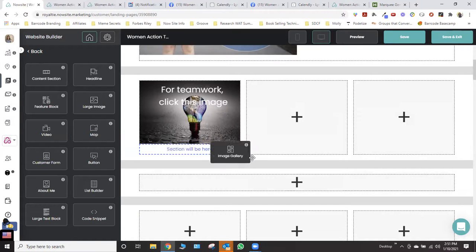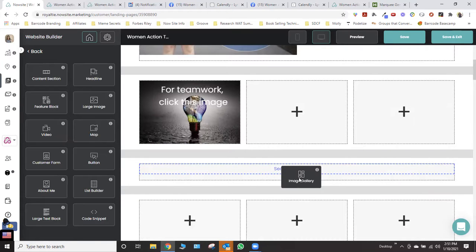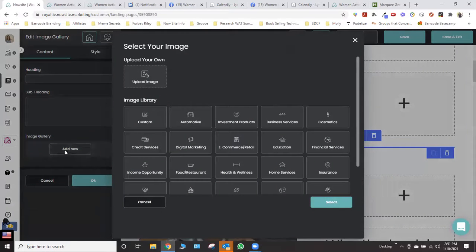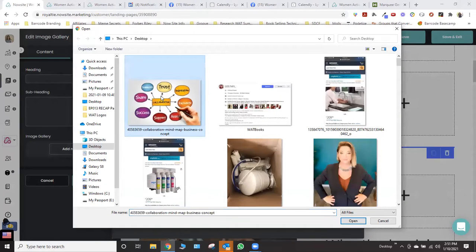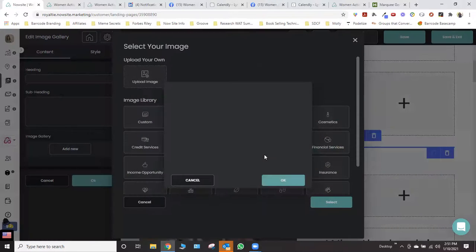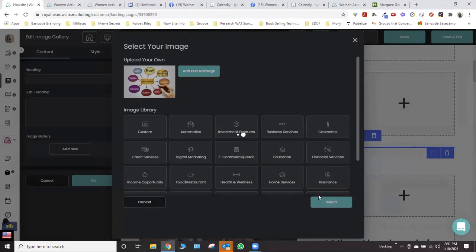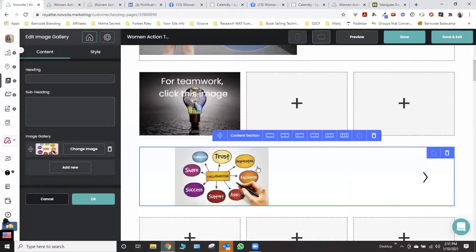this one I'm just going to use an image gallery. And I'm going to drop it inside of this. And again, we're working on this middle section. I'm going to go to the image gallery, go back up, and select this image that we have. And let's pretend though that this image has